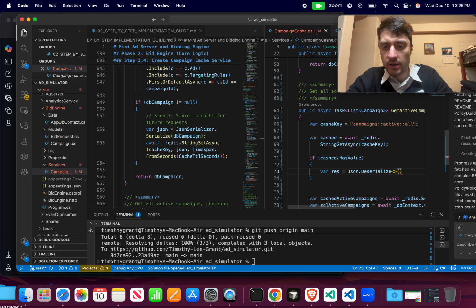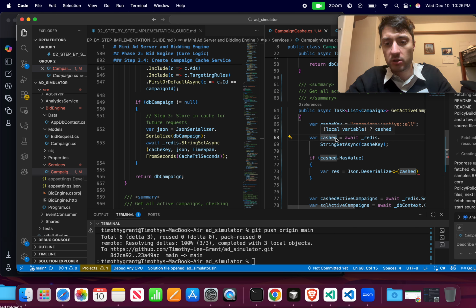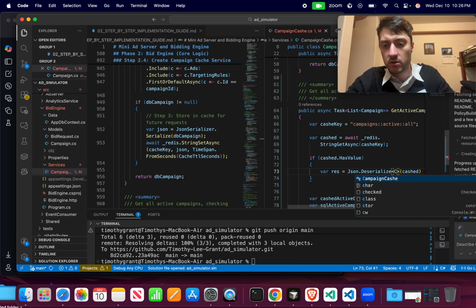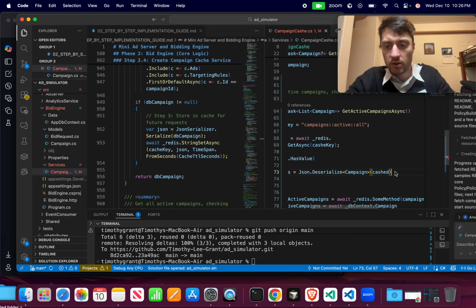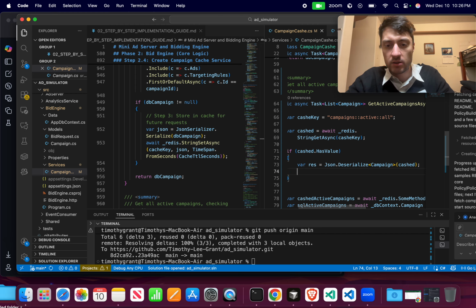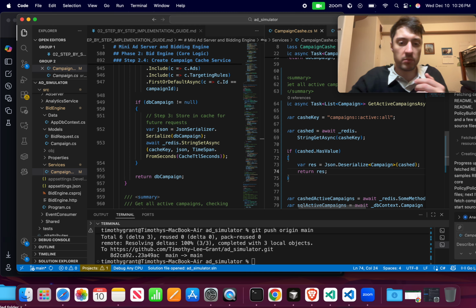And now I want to pass in cached. This is going to be a string, so it doesn't know what object to make it, so I do need to put it in. So this is going to be of type campaign. So now that it is like this, this is an object, so I return that result. Something like this. Okay,